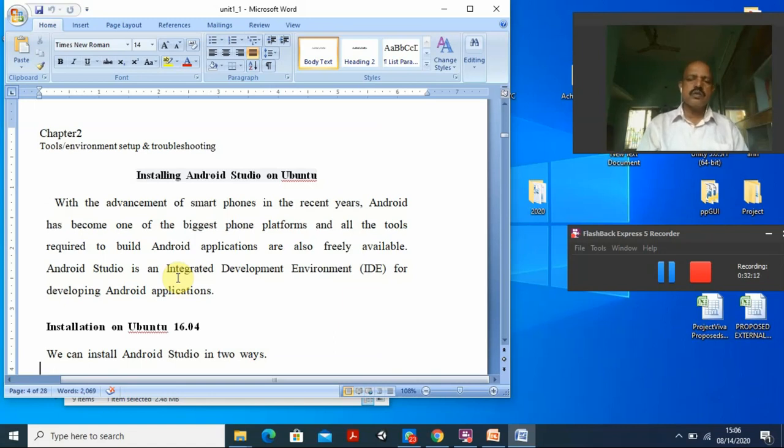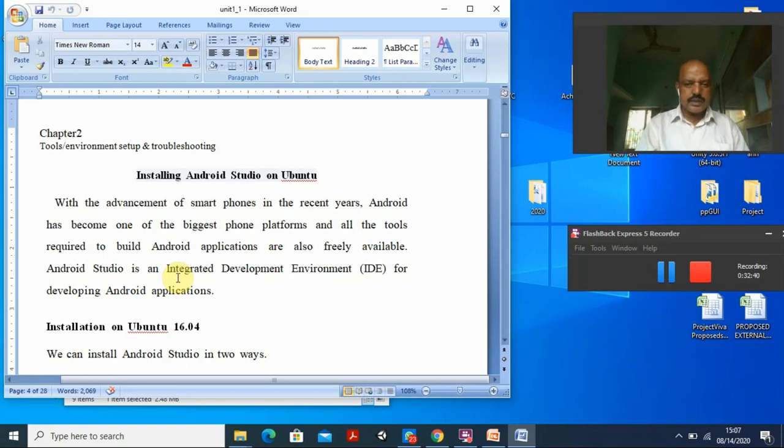But I hope the computer science people are smart enough and capable enough to download, install and do all things. A lot of documents are available on the net, so you can also read them. Always go for studying a number of documents, because somebody will explain only the minimum things, but while you study the literature or documents, you can learn a lot. So these are the things I suggest to you.